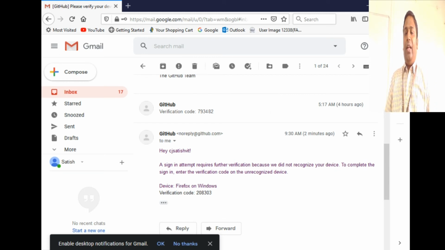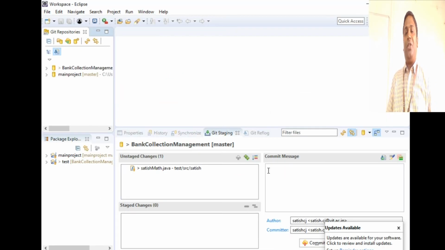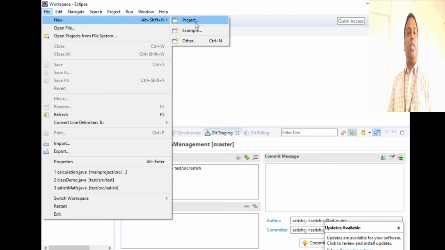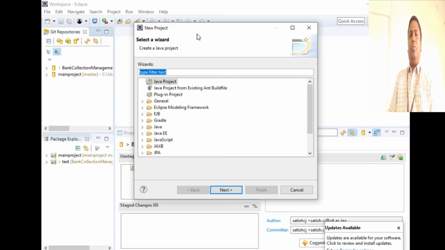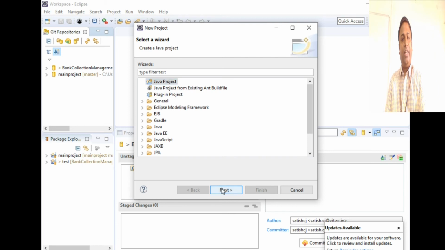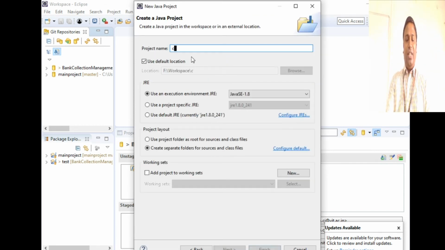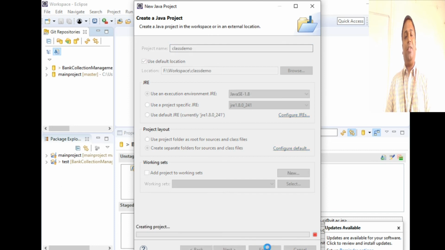So let's open Eclipse. So this will be your interface, Eclipse. Now say you're coding something. Let's open a new project. Say you started some code for a project. So it's a Java project. Let's start from the basics. We'll give the project name as class demo. Any name, but I give class demo here, of course. And then I'll finish this.